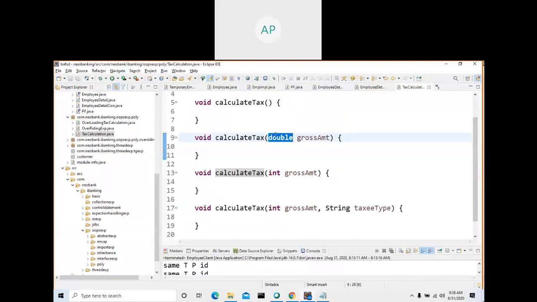Now all are going to calculate tax, but we are going to pass different values to the parameters. So let's write one client.